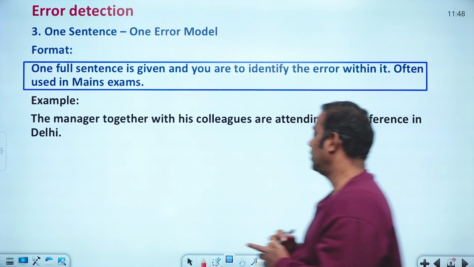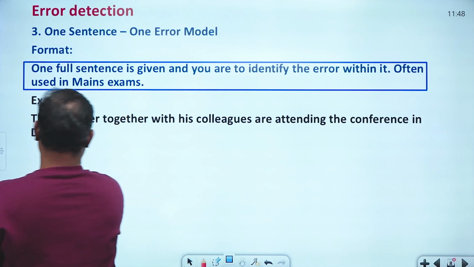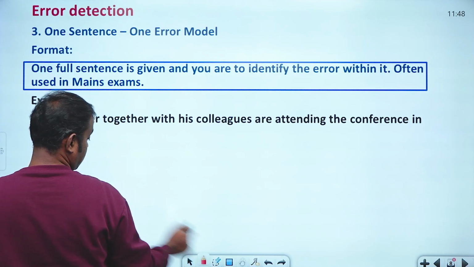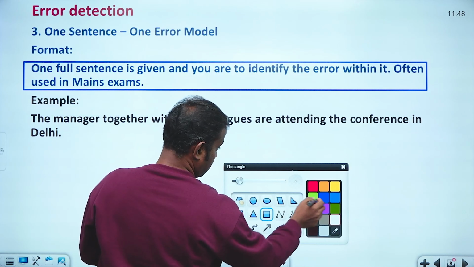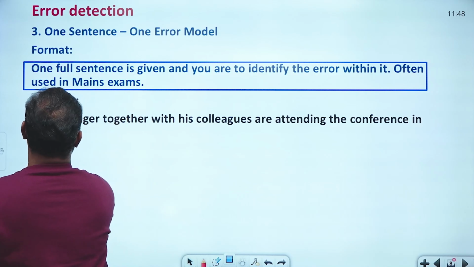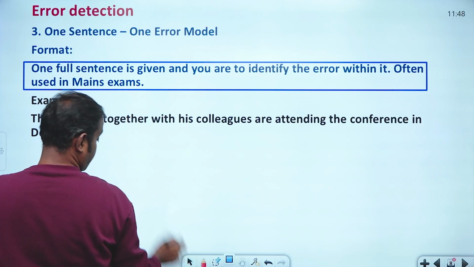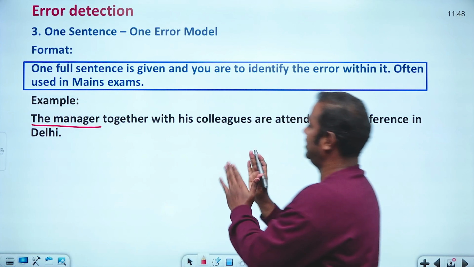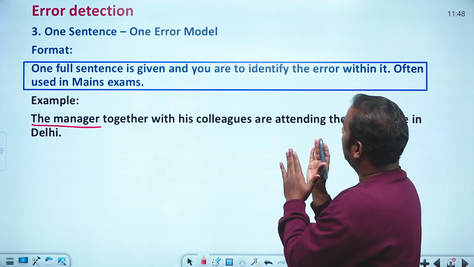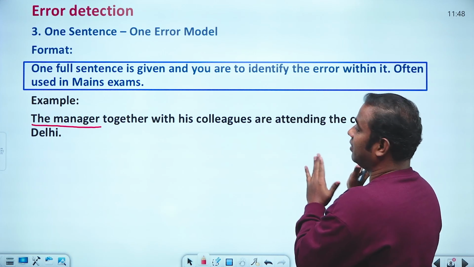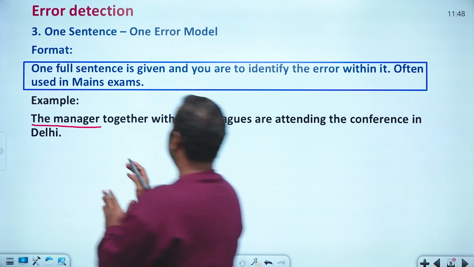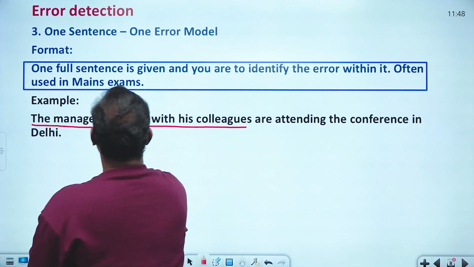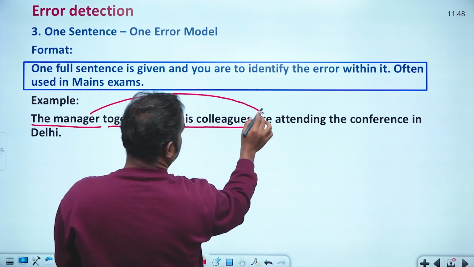Okay, so here the manager, together with his colleagues, are attending the conference. So "together with his colleagues" is a separate phrase. Okay, so the manager is